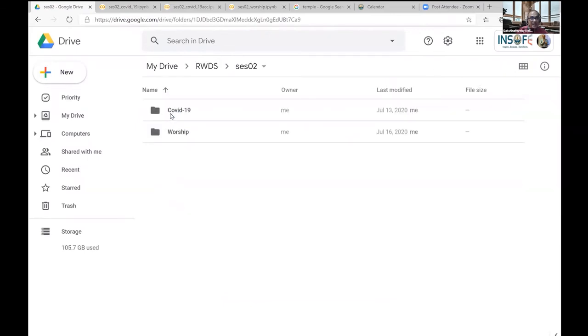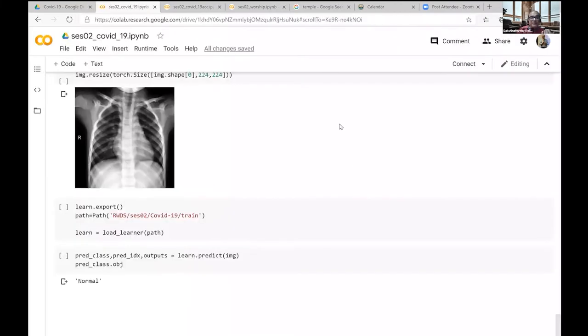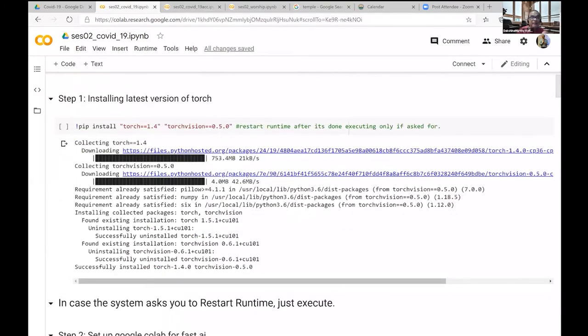In that, I uploaded this folder called COVID-19, where all these images are in the train folder. So RWDS, session 2, COVID-19, train. All the files that I will upload today in the LMS are already uploaded there.